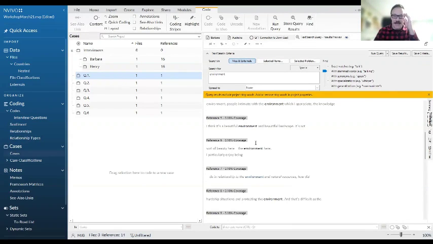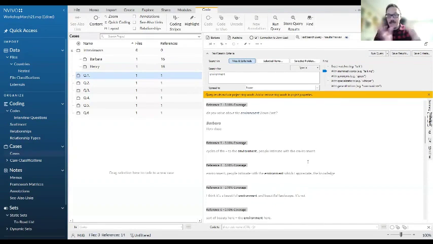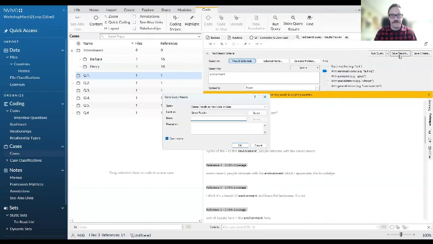Once we have this result here, all we're doing is previewing it. We're not saving it in any way. If I want this to become a concept that I use in the future, I need to find the Save Results button, and that will turn this into something that I can use later in my analysis. When I click on Save Results, it brings up a Store Query Results window where it asks me if I want to create a new code or case, and that is what I want to do. I'm going to call this environment